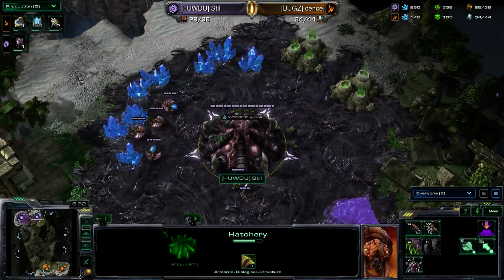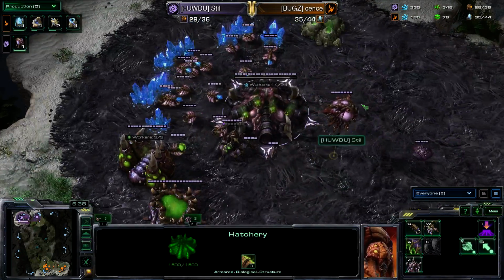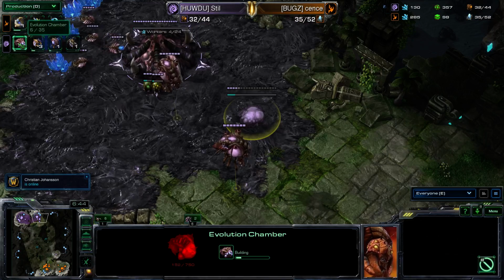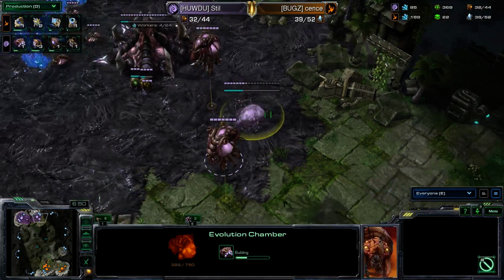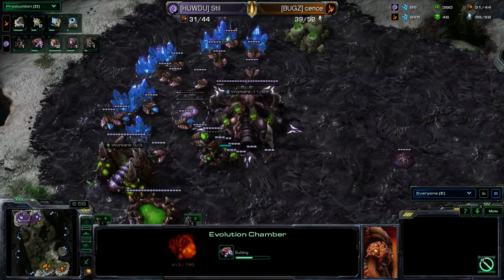The only way to use this gas right now is to start heavy attacking, or he does have speed already as well. If there's that much gas, he could just put down a roach warren and go into crazy roach attack mode. He does go for the evolution chamber though, and I'm not sure how I feel about that